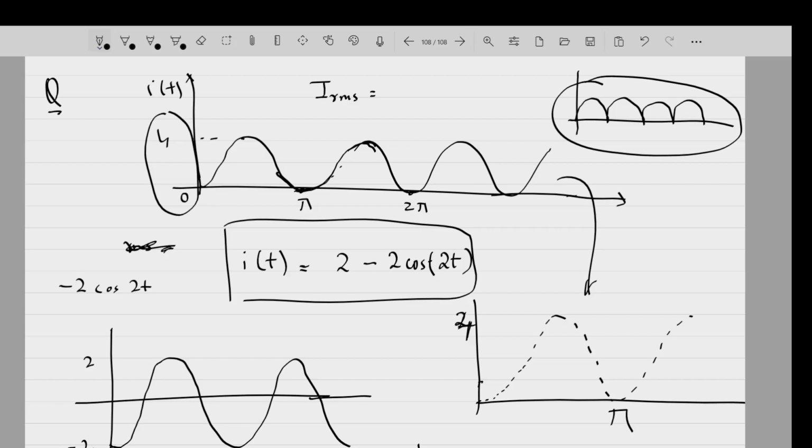I square t, that means I square 2 minus 2 cos 2t का होल स्क्वायर हो गया 4 प्लस 4 cos square t minus 2ab, 8 cos 2t।